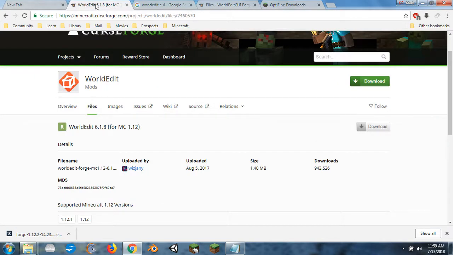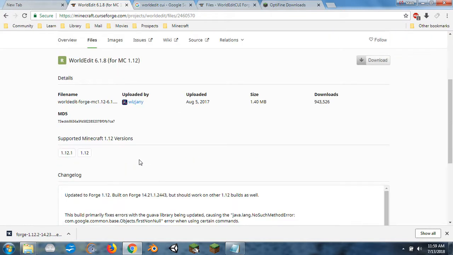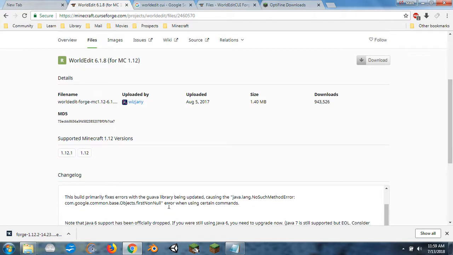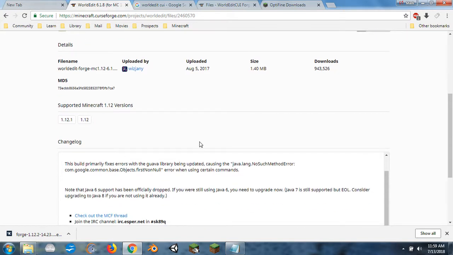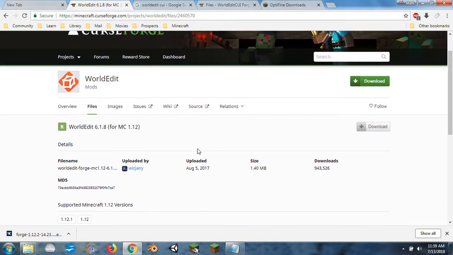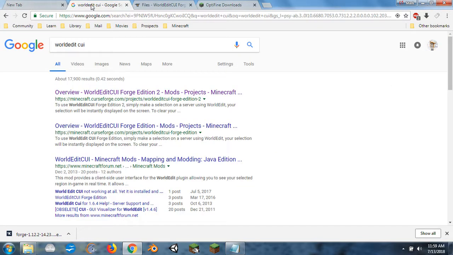So here is our WorldEdit link, and I'm pretty sure I already have this downloaded, so I won't download it again. It hasn't been updated in a little while. It's not even for 1.12.2. I need to do a Google search and see if there is a 1.12.2 WorldEdit somewhere. And then